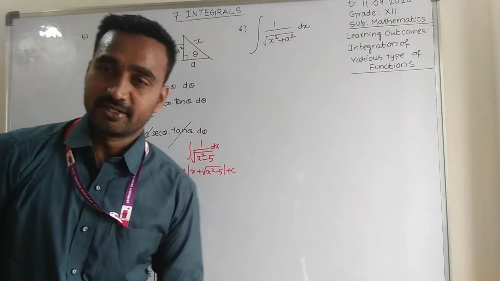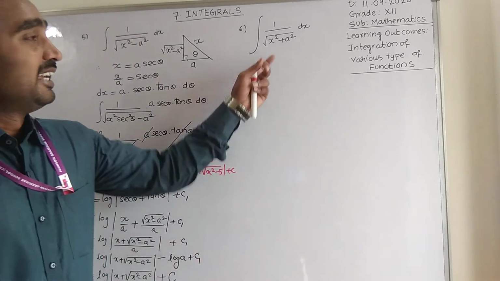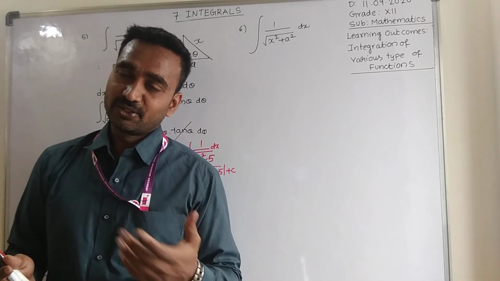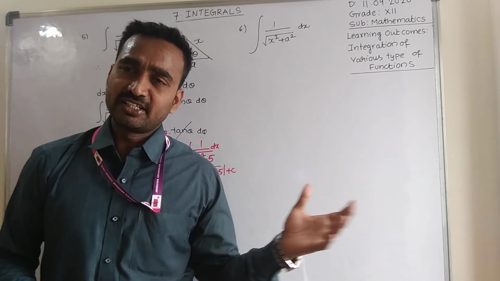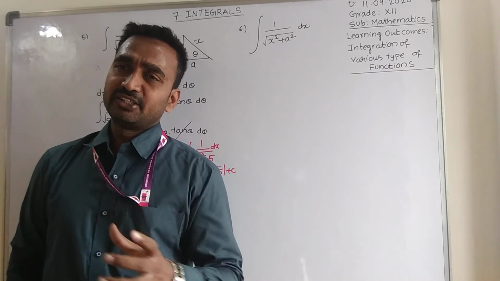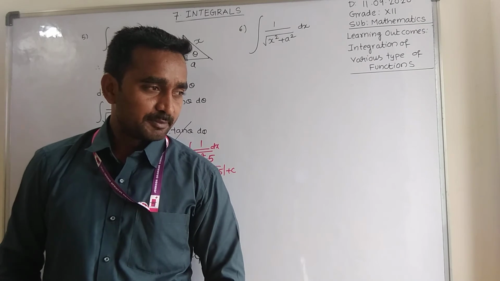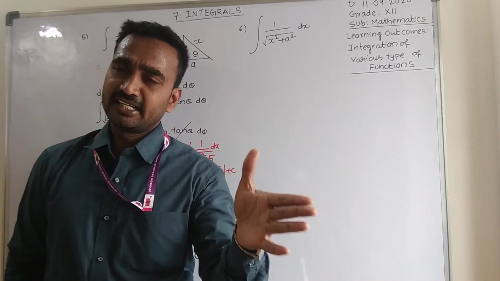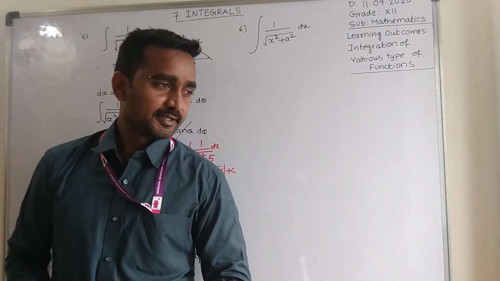Okay, one example done. So students, last one, x square plus a square. So same, put x equal to sin theta, no use, put x equal to cos theta, no use. Now I am asking what value I should replace instead of x here to proceed further. Please kindly reply in chat box. What is the ratio? If you can proceed, then you will get to simplify. Sin theta no use, cos theta no use, tan theta, secant theta, cosecant, cot. Which is useful here? Please kindly reply.